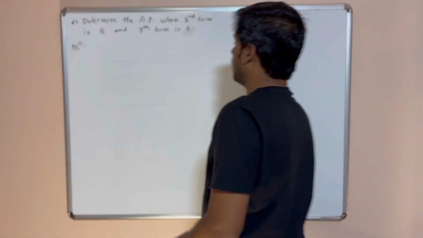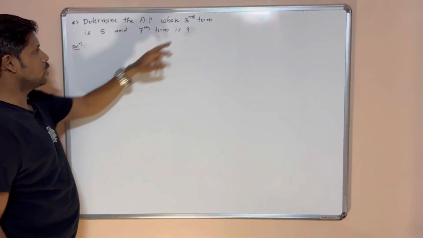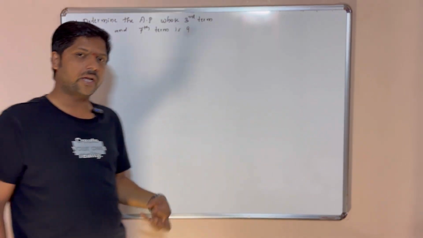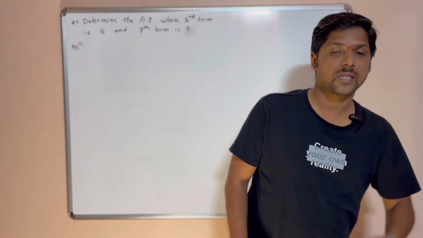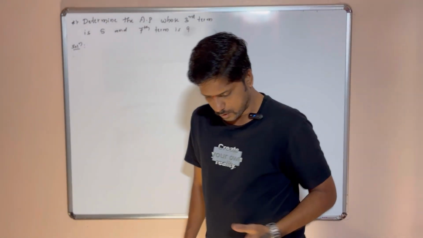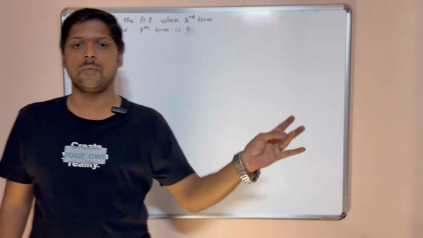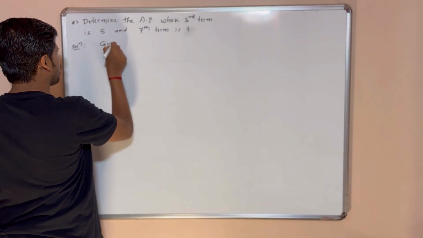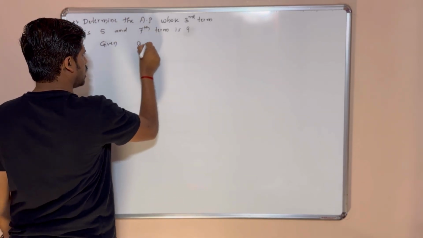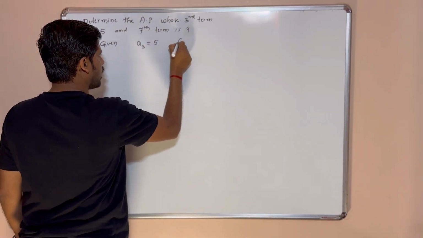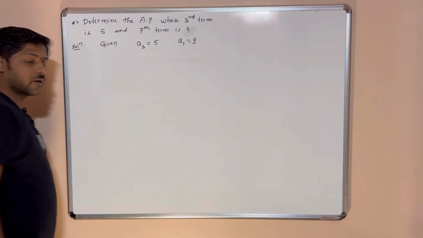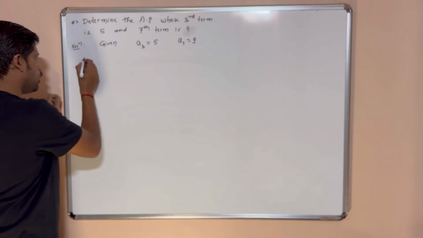So next example, determine the AP whose third term is 5 and the 7th term is 9. Here we have to create that sequence, that AP, right? Here the given is a third term and 7th term. So solution here given: third term is 5 and 7th term is 9. And we know that